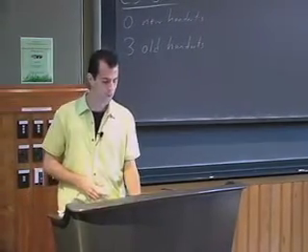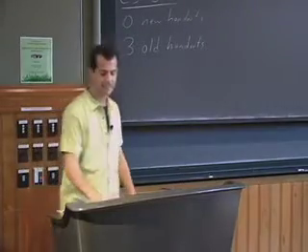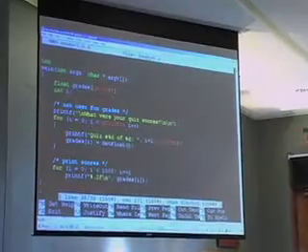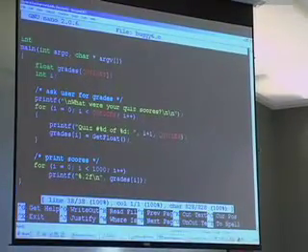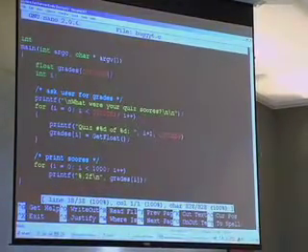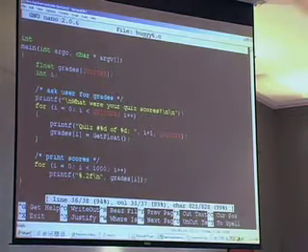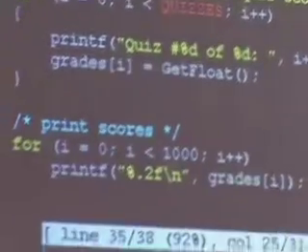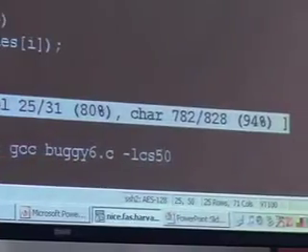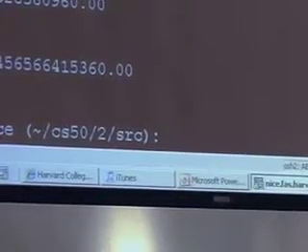So we concluded on Wednesday by looking at buggy6.c, and we took a look at what might happen if you iterate just a little too far when it comes to arrays. Sometimes if we iterated even further than, say, 1,000, we might, in fact, be able to induce a program to crash, though it does sometimes depend. So recall last time when we ran this program, and this was buggy6, lib CS50, and then ran this thing, and then I typed in 3 arbitrary scores. We got a whole bunch of junk in addition to the 3 scores that were echoed back.